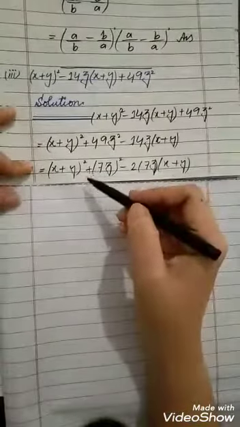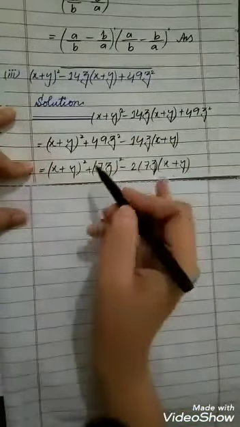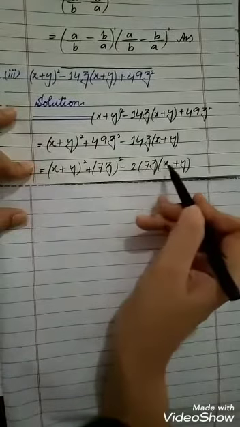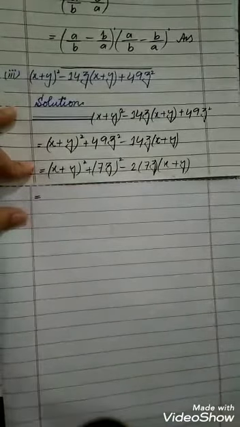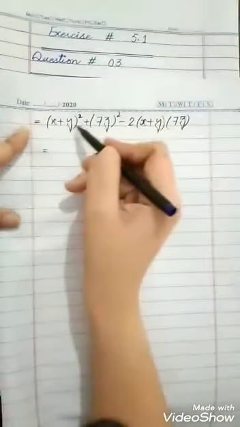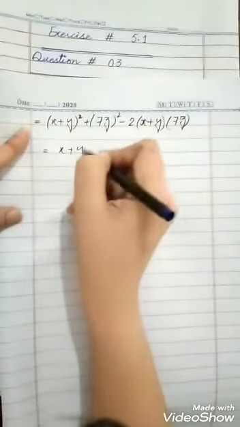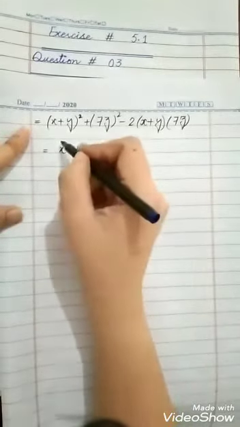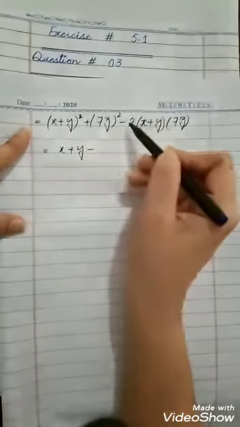Now students, we will apply the same method as we have applied in part 2, that we have to make formula a square plus b square minus 2a into b, or b into a or a into b, both can be. We will arrange it. As we have arranged it, now we have to make formula a square plus b square minus 2ab, that is a minus b. That formula will be made a minus b whole square, because a square plus b square minus 2ab